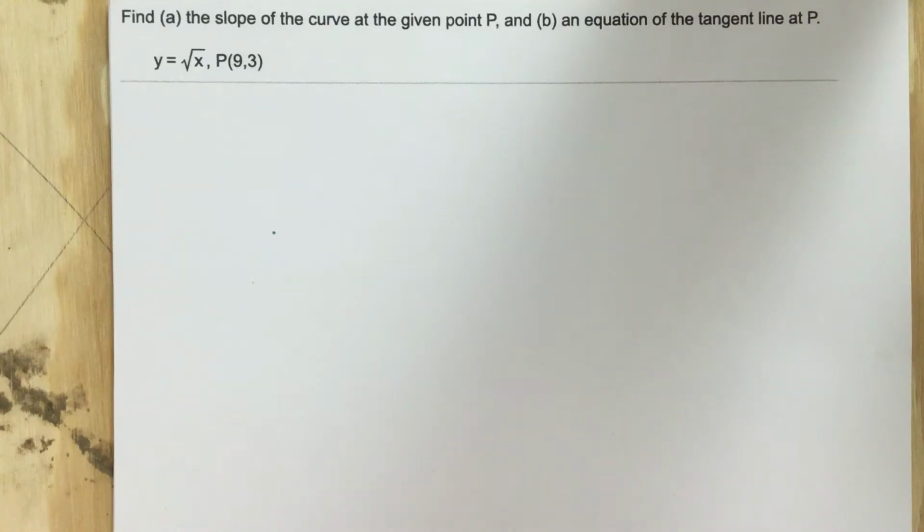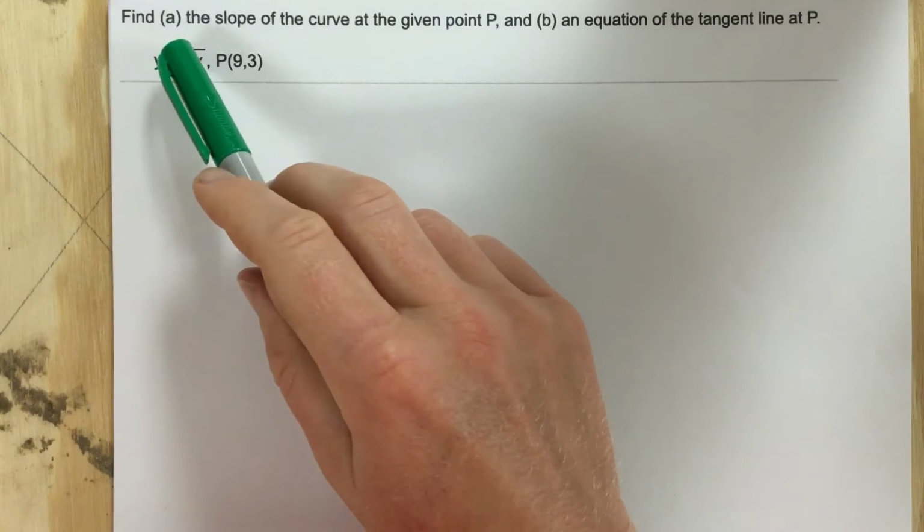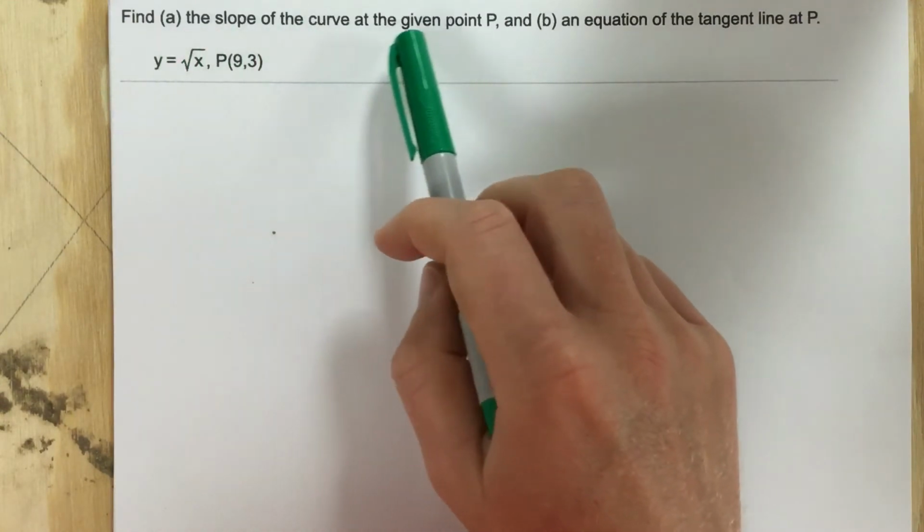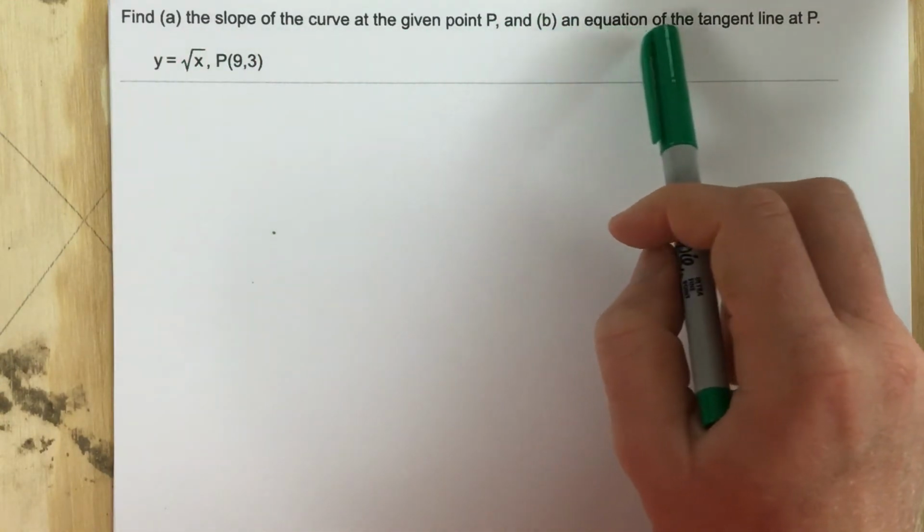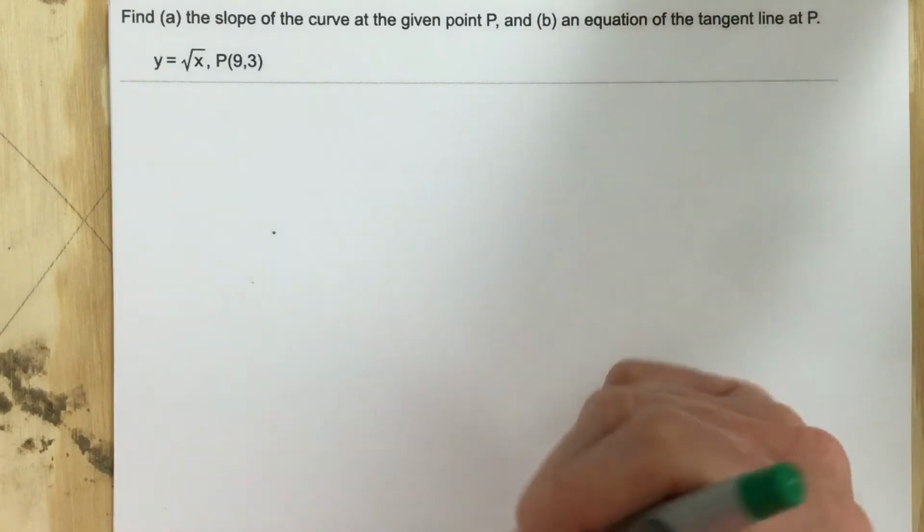This is problem number 3 from assessment number 5. In this problem it says find part A, the slope of the curve at the given point P, and part B, an equation of the tangent line at P. So we're going to use,